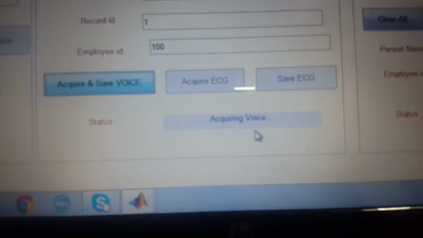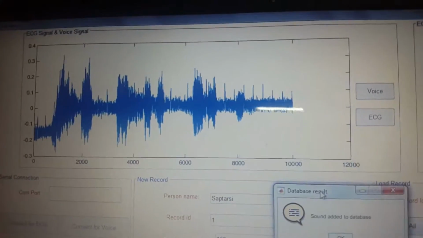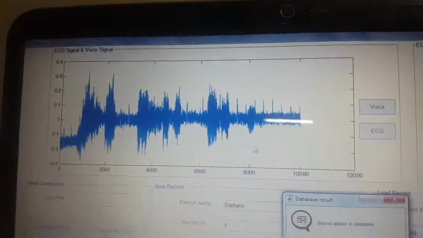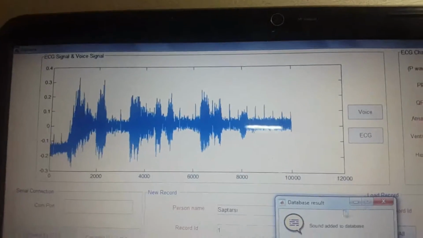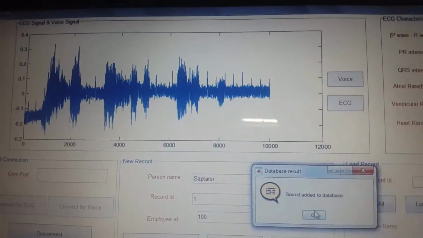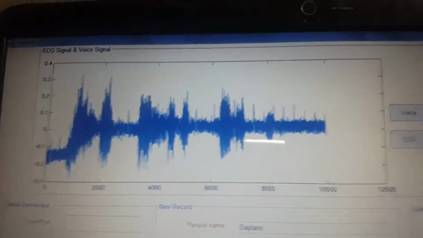You can see here it is acquiring the voice, showing in the status. You can see that this sound database has been added. This is the sound signal, whatever I have said, so it has been added to the database. Now I have to just disconnect it and connect it for the